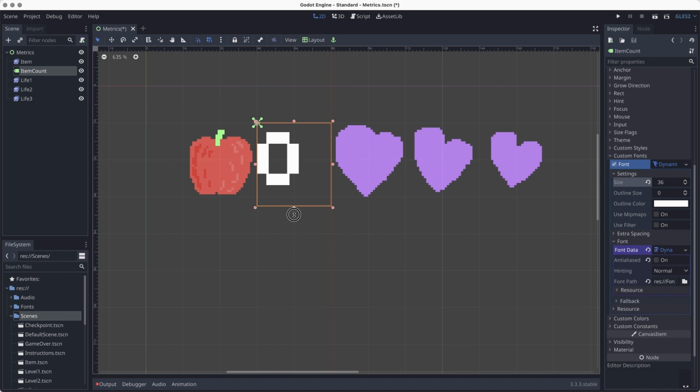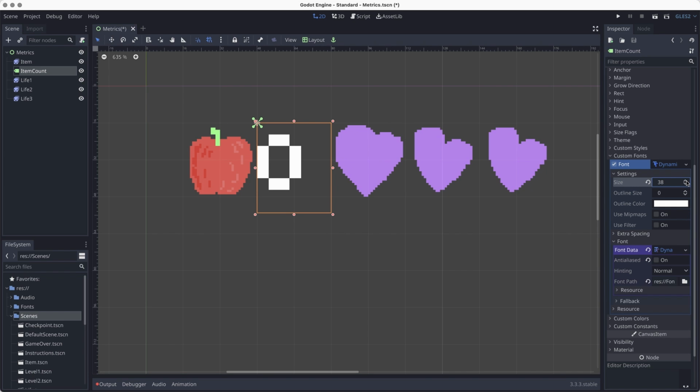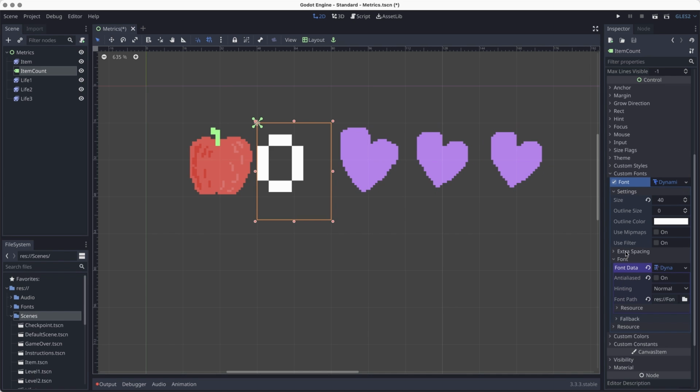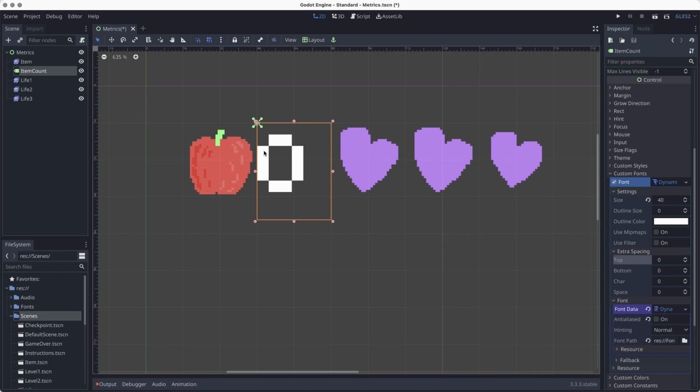I don't want it to be too big. I want it to be maybe about as big as the apple. So I'll increase it to 40. I think that looks pretty good. And I may want to center it a little bit so I can go to the extra spacing and I can move it down a little bit. That actually looks pretty good. That looks kind of lined up. Although it is actually more space above than below. So I guess it depends if I'm looking on the apple or the other parts,